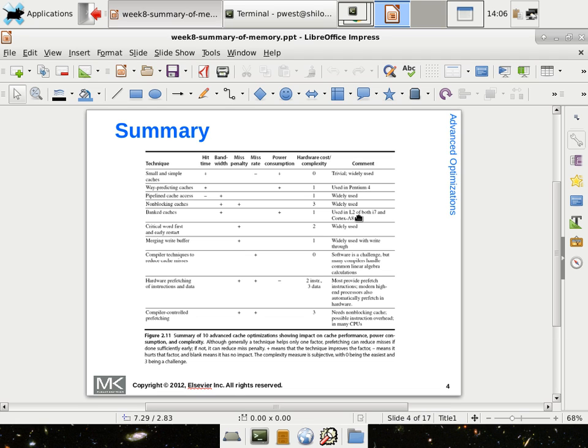Banked caches, that's usually more of a performance improvement. Which bank is it in? It's like caching the cache. I guess it's the best way to do it. Protocol. Okay, so there's a bunch of different